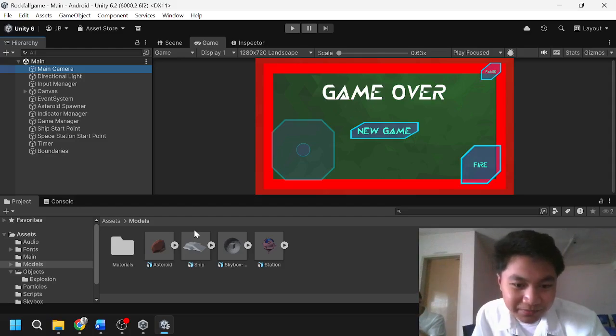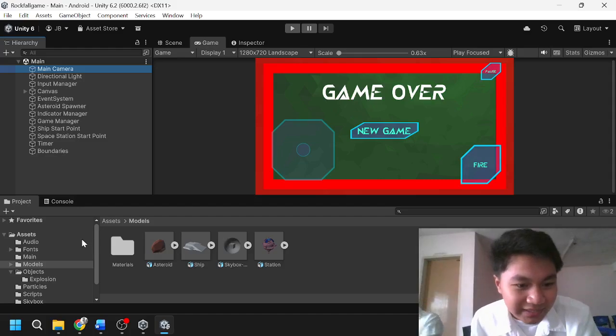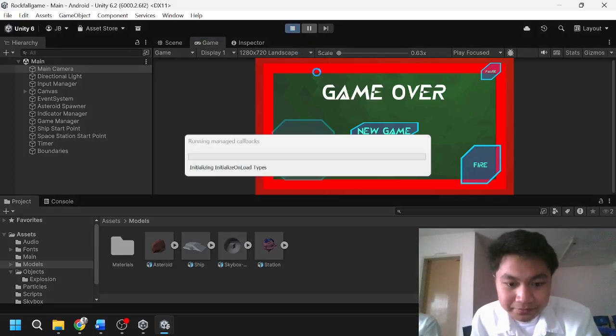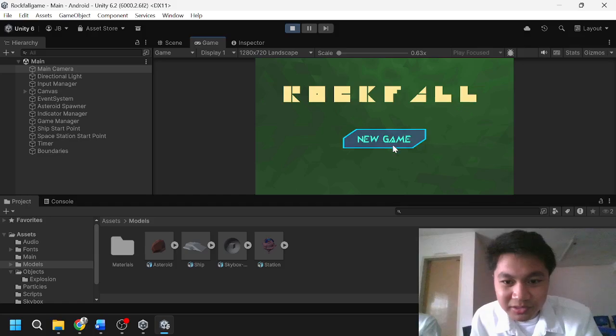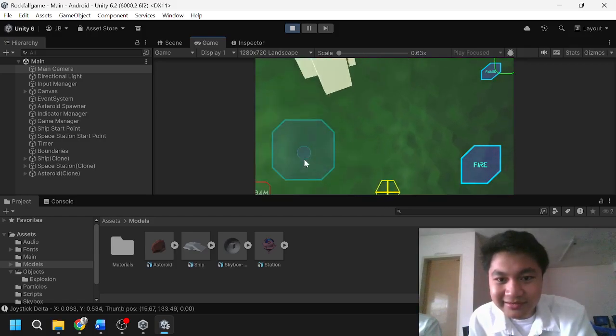We assigned the ship object to the script's target field and adjusted values like height, distance, and damping. When we tested the game, the camera followed the ship smoothly with a natural delay, making the gameplay feel more dynamic and realistic.